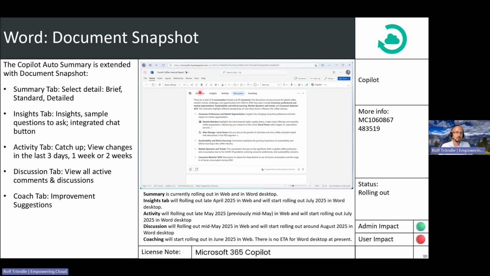We have tabs called Summary. That's the summary tab. Makes sense, the same as we have today, but you can now choose from detail like brief, standard, and detailed. You have the insight tab like sample questions to ask about the document, chat button, and